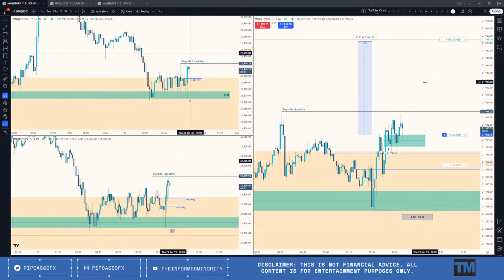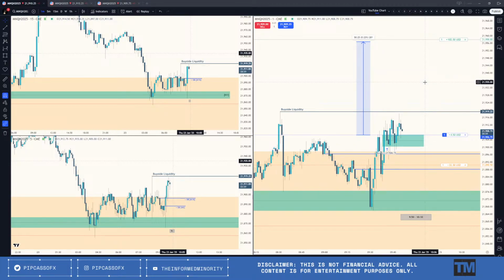Yeah, it's just spending too much time, that's what it is for me. It's spending a lot of time at this first presented fair value gap, and I'm not a fan of price spending time in any fair value gap. It's chilling there a little too long for my liking. I usually want to see it hit it and move away, not just hang around. I don't want to be friends. When I'm in a trade, fair value gaps and I are not friends. You're supposed to be moving away a little bit.